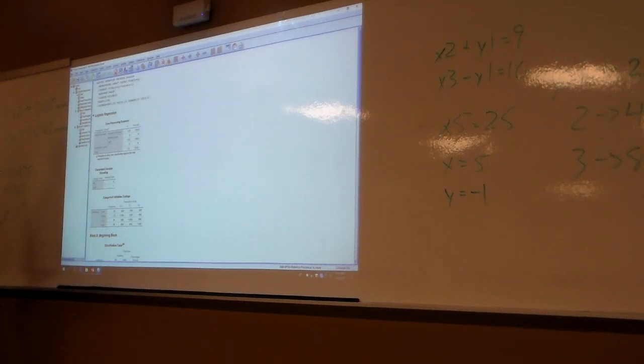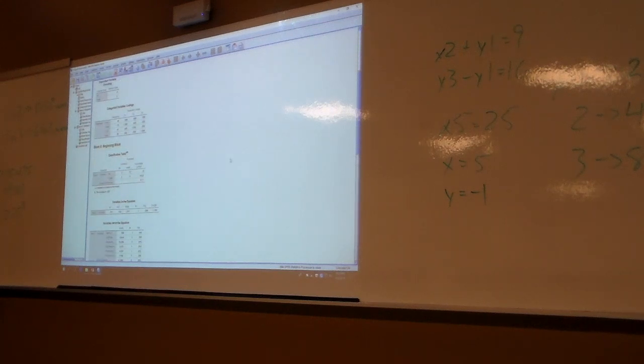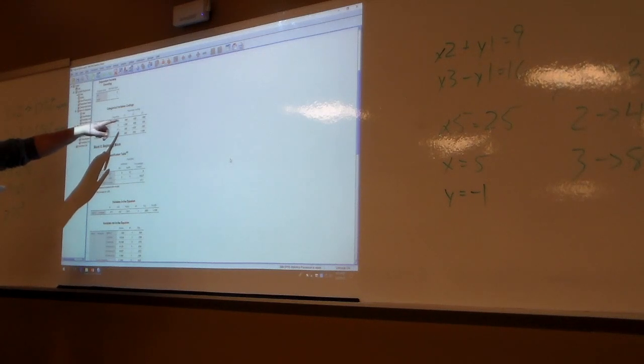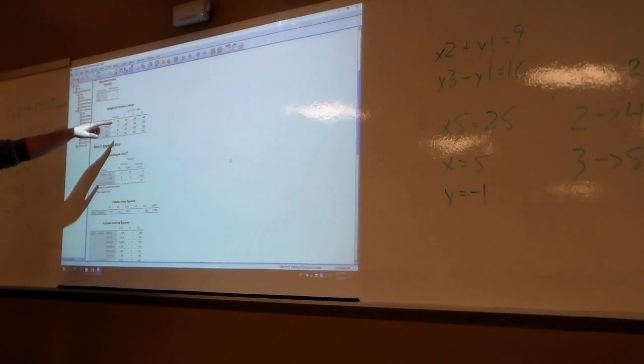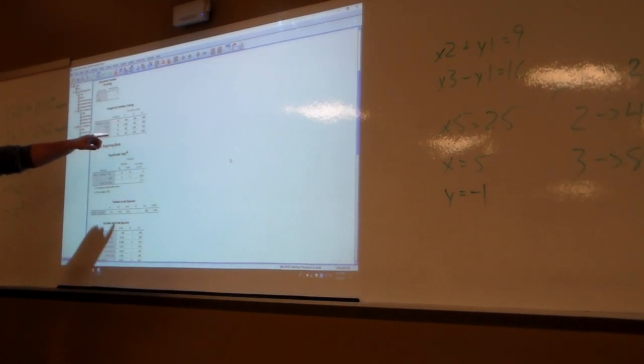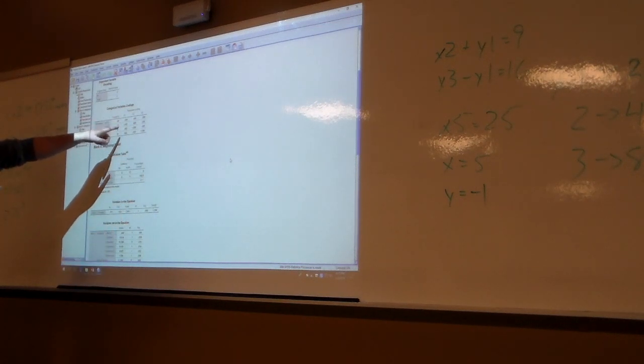Down here, categorical variable codings. This is important because it's going to tell me, for whatever categorical predictors I have in there, that they are coded the way that I think they're supposed to be coded, right? So for my none group, 1, 2, and 3, 0, 0, 0, this is telling me I've got 49 people in the none. This is my reference group, right? My parameter coding 1 is set as 1 for private, 0 for